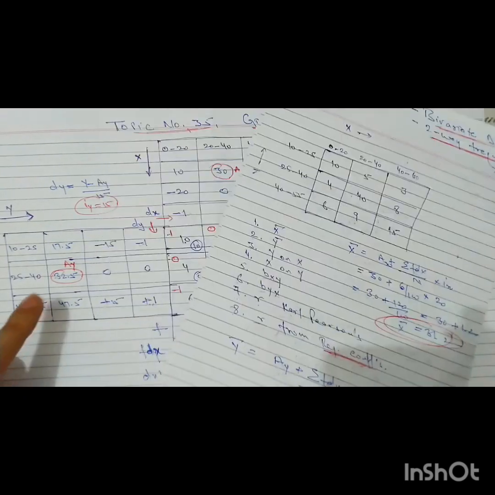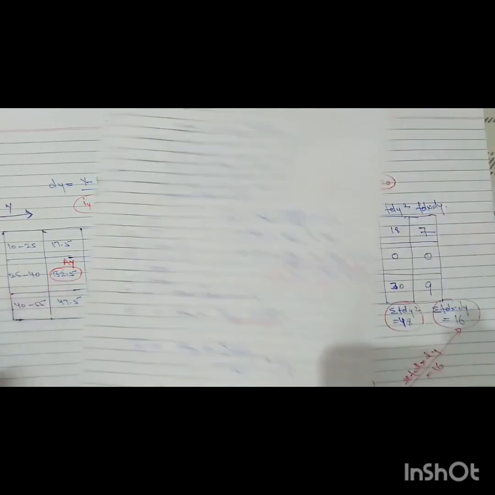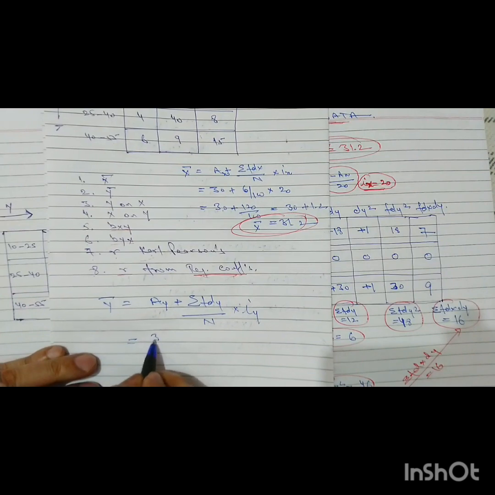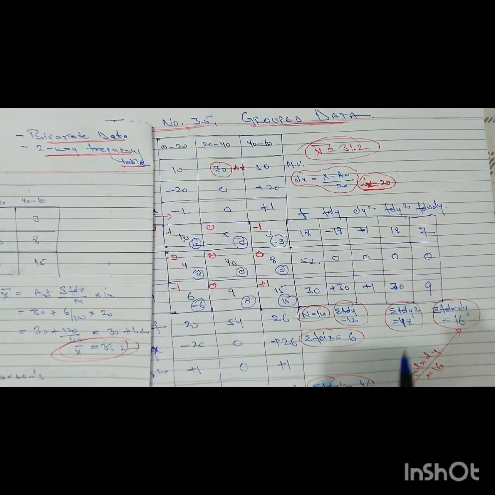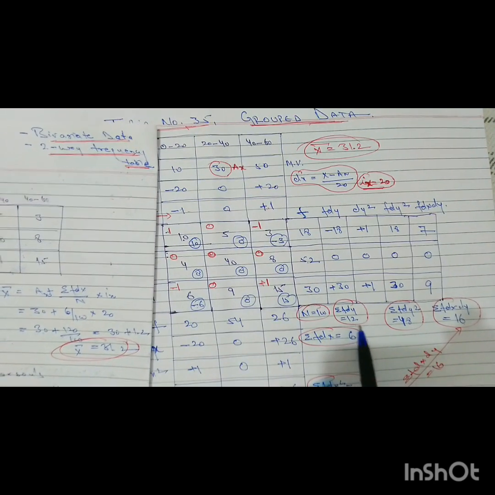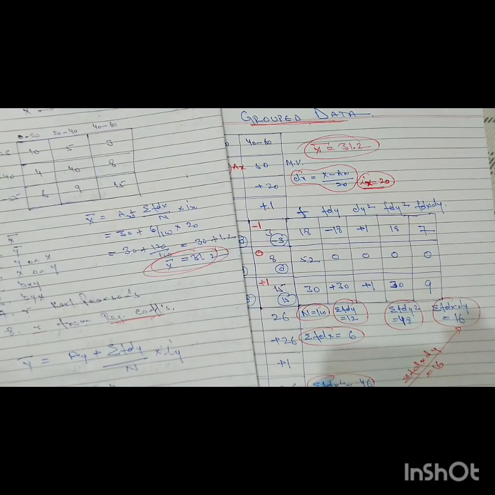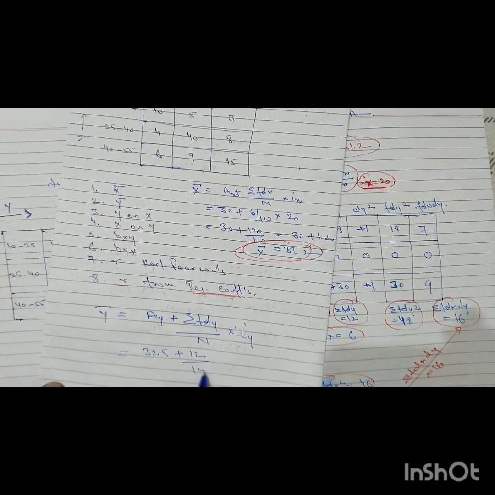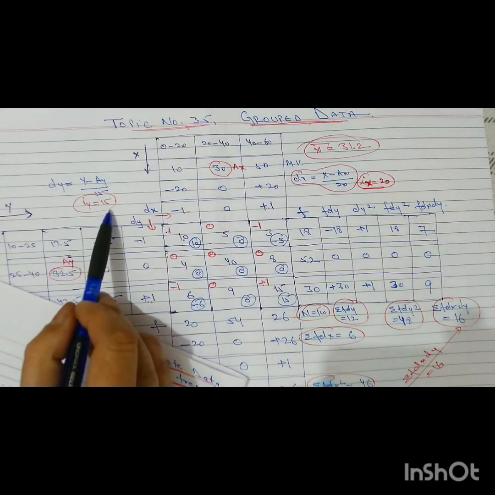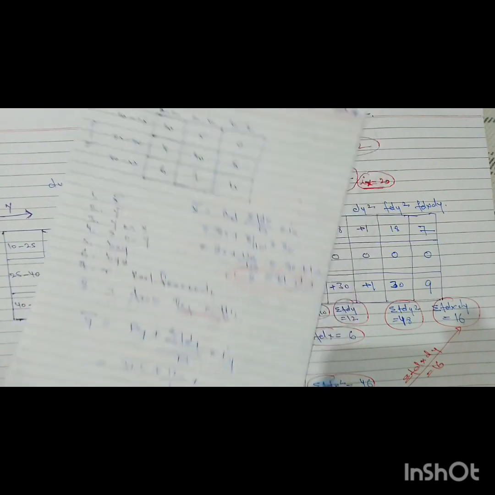Now ay is 32.5, plus summation f dy. Summation f dy is 12. N is 100 into iy. Iy is 15,